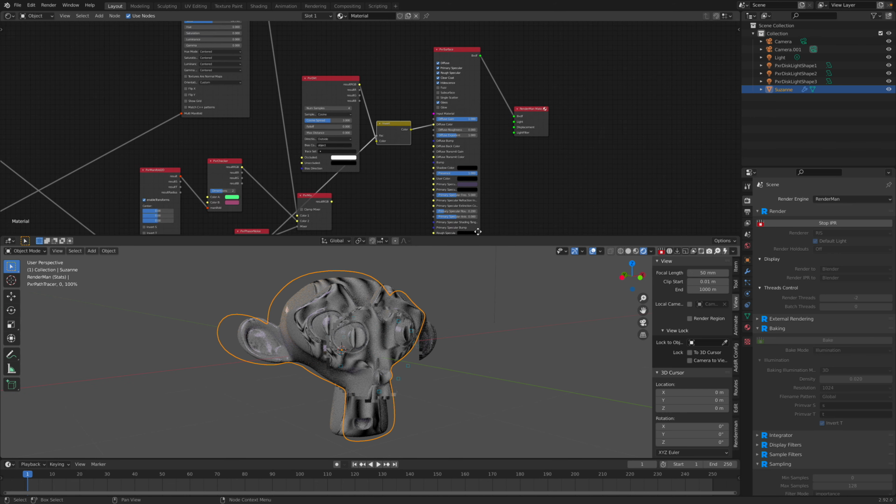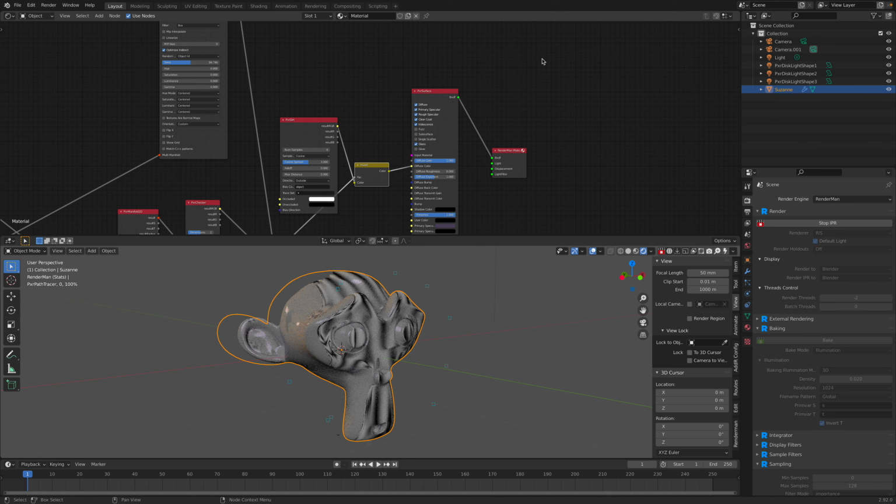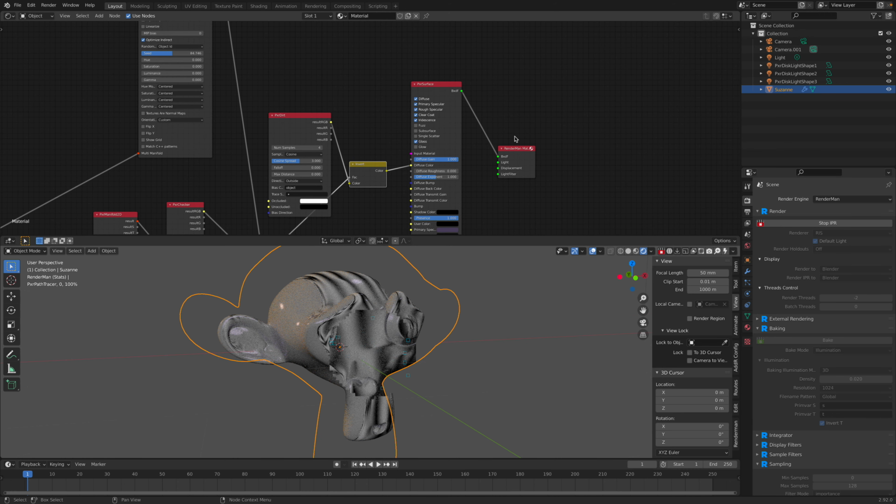Pretty weird. So yeah, I guess that's pretty much it for the quick introduction, quick tests into Pixar procedural texture,